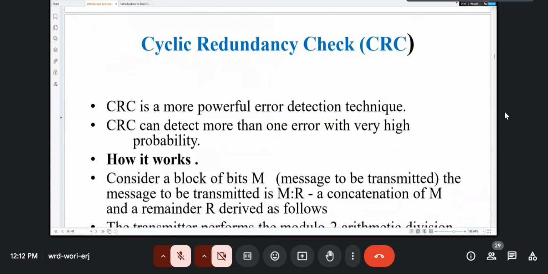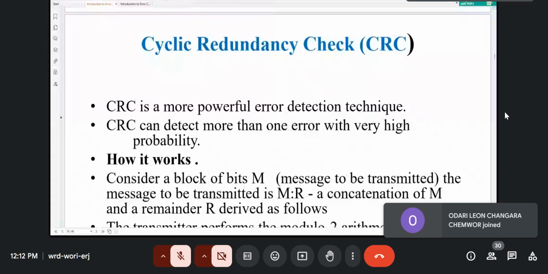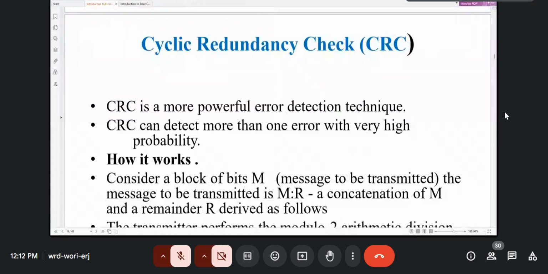So because of that, we have a more powerful error detection technique, and this is the CRC, cyclic redundancy check. Again, this is a very simple algorithm. It's powerful, but a very simple algorithm. In this case, just like in the simple parity, we are taking a block of bits, and then we are subjecting it to some process where we have